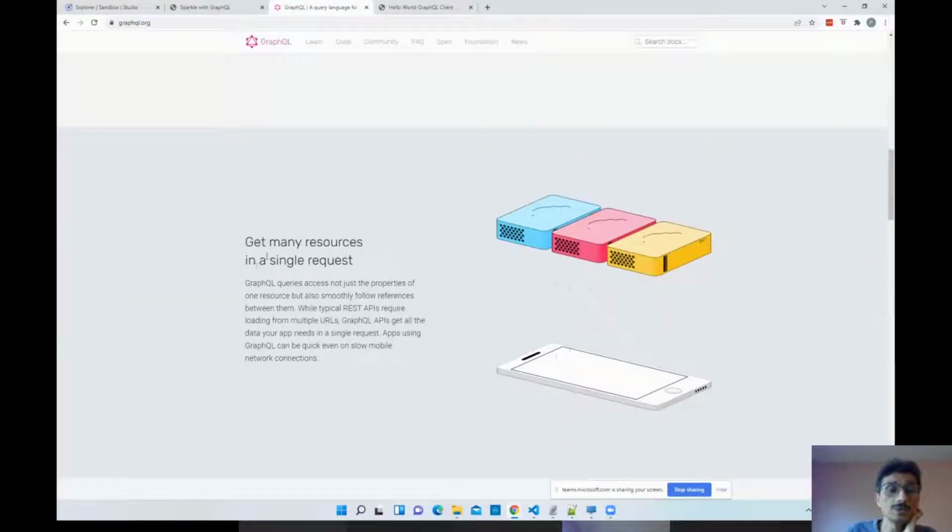Then get many sources in a single request. We got the data from SpaceX. We got the data from my local database, stitched it, sent it back, right? You don't have to worry about,